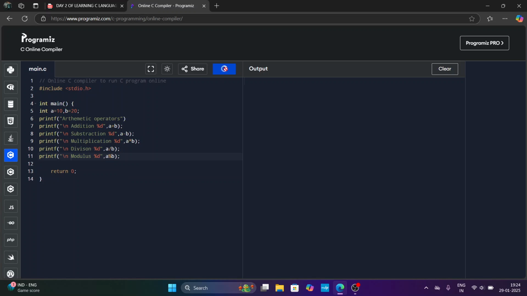Let me run this now. Sorry, here I have to give a semicolon. Okay, don't forget to give the semicolon. You can see here arithmetic operators. Addition is 30, 10 plus 20, 30. Subtraction is 10 minus 20, minus 10. Okay, and then multiplication is 10 into 20, 200. Division is 0,